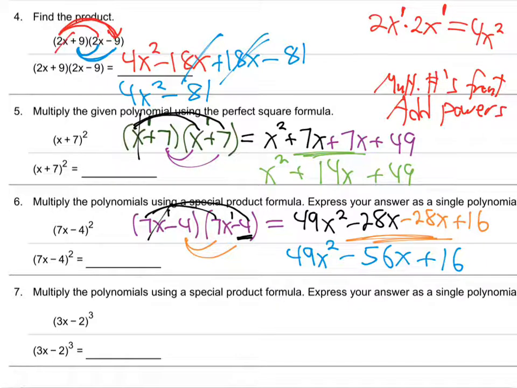Number 7, look at that. What's different about number 7? Third power. 3 of them. That's painful. So this is going to be, oops, writing it wrong. 3x minus 2, 3x minus 2, 3x minus 2. This is going to be a long one. So how do you do it? Well,